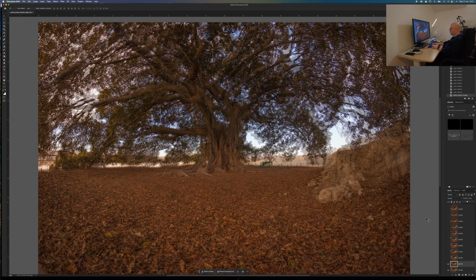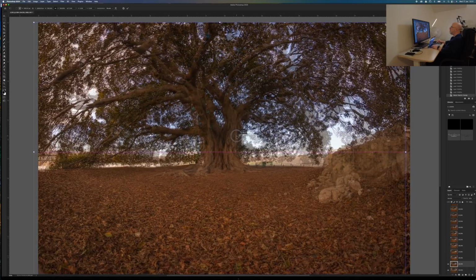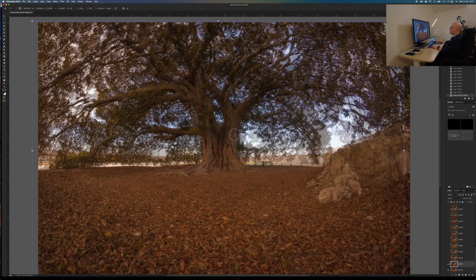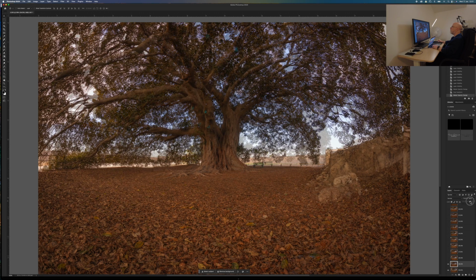I'm going to hit Command T to enter the free transform tool. That would be Control T on a PC. And then I'm just going to move it around until I've got the tree trunk generally aligned, so it's in roughly the same place. So now that I've moved that, I'm going to bring the opacity up to probably about just over 60%, 62, 63. And then I'm just going to play around with the blend modes, because there's loads of